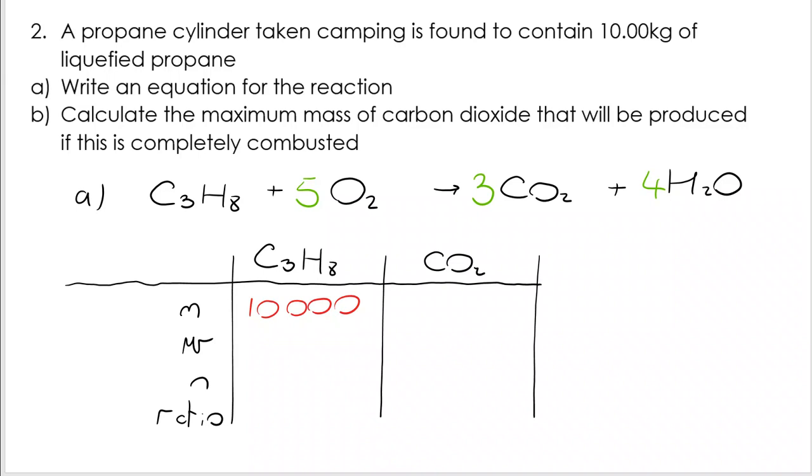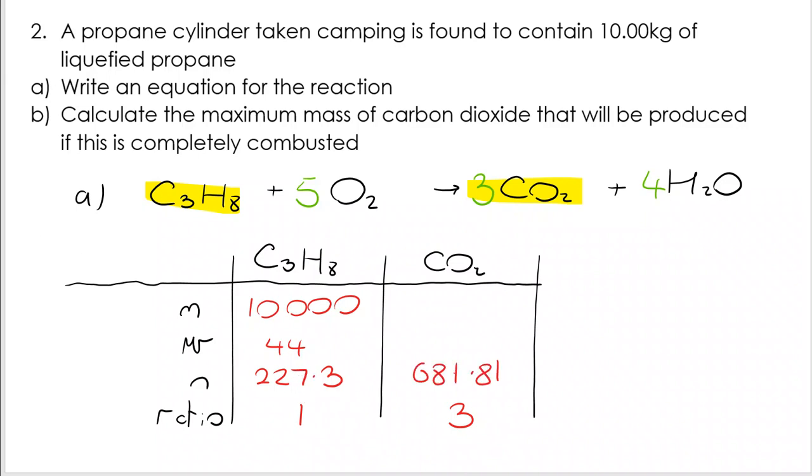The MR of propane is 3 times 12 plus 8, 44. I can then use m and MR to find my number of moles. m over MR, we get 227.3. I go to the equation for my mole ratio. 1 mole of propane makes 3 moles of CO2. That's a 1:3 ratio. And if I know it's a 1:3 ratio, that means if 1 mole makes 3 moles,